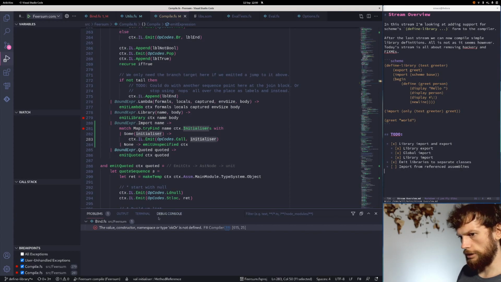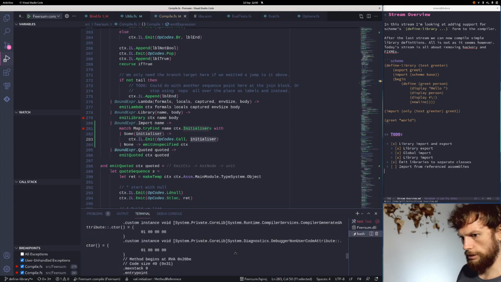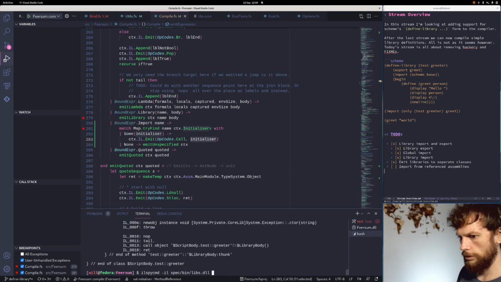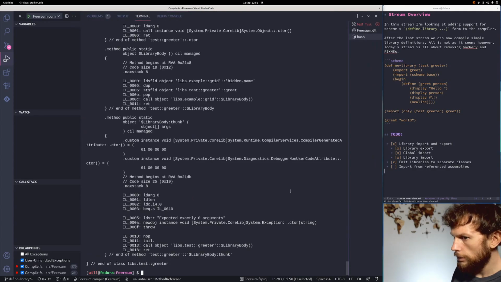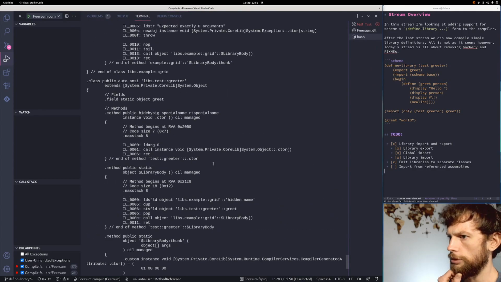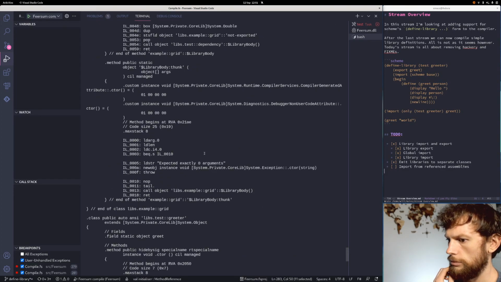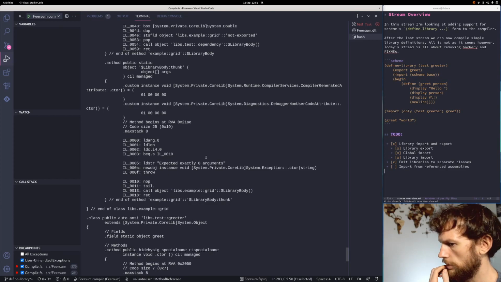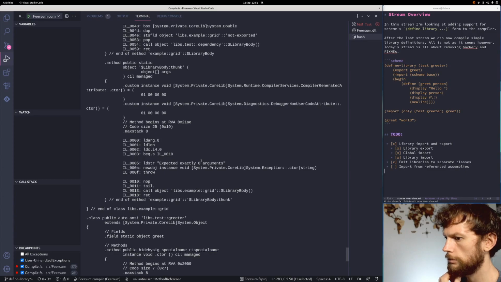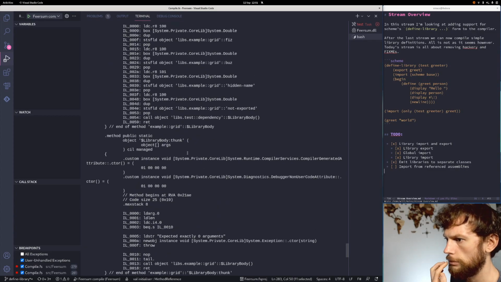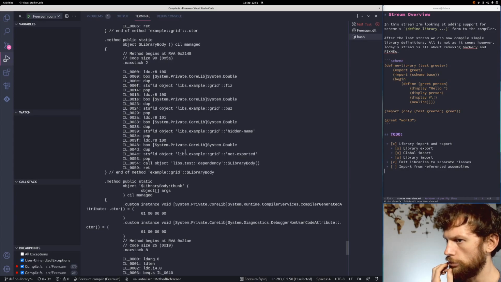So let's have a look at the initializer on that library. So we've got the library body. Example grid. An example grid